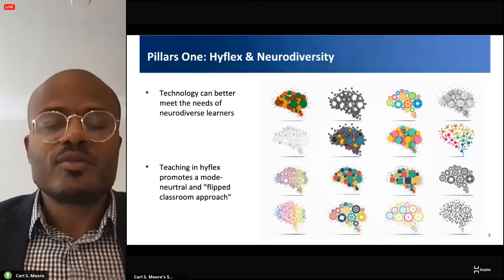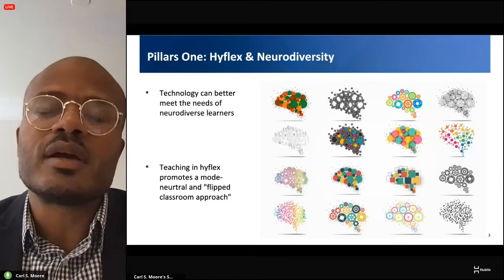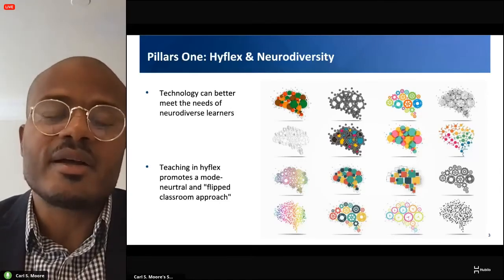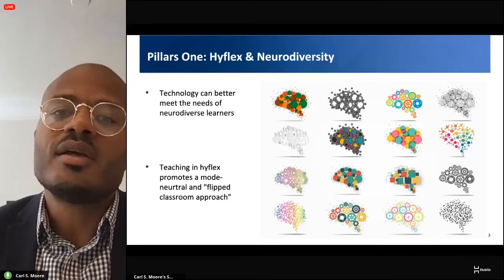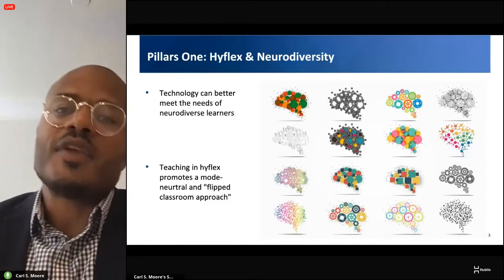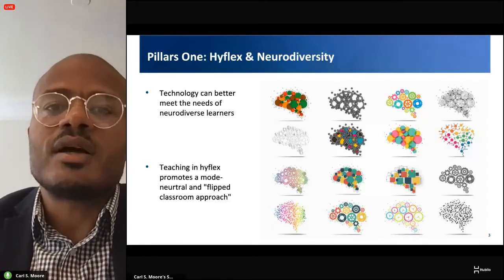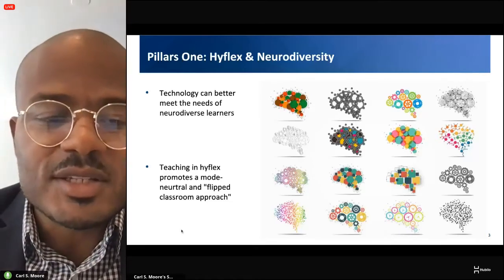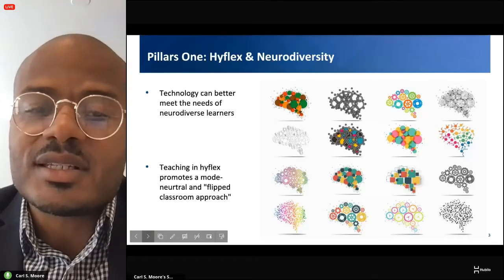And once we understand that, there are specific nuances around DEI and positionality as it relates to social identity and social constructs, and we can start to understand how this can further advantage a wider group while tending to the learning needs of that space. So that's the first pillar for us, HyFlex neurodiversity, and considering that.